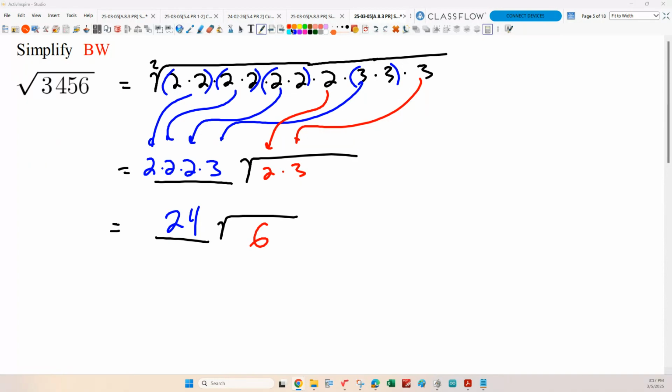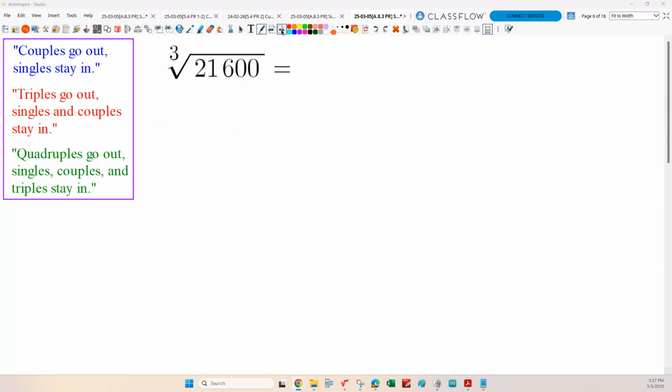Okay, now the nice thing about this is we can extend this. This isn't just for square roots. We can do this for cube roots or fourth roots or whatever. It just depends what kind of root we're talking about. The number on the radical determines the kind of root, and it determines what stays in. If this is a cube root, well then 3 of a kind, so triples are going to go out, and everything else is going to stay in, right? So what's that mean? Triples go out, and everything else, all the singles and the couples, would stay